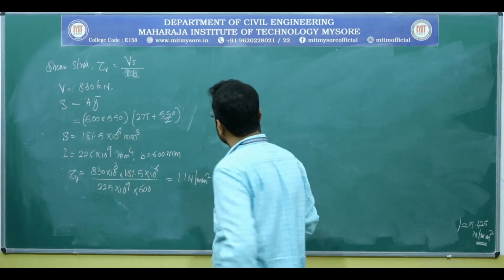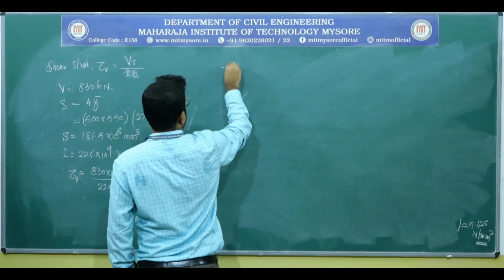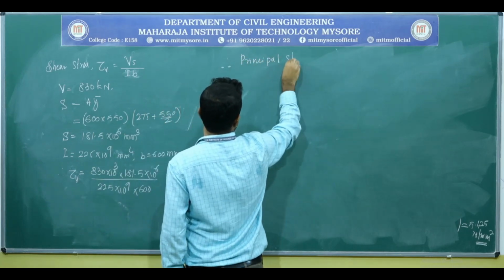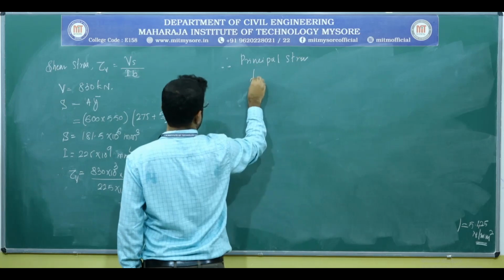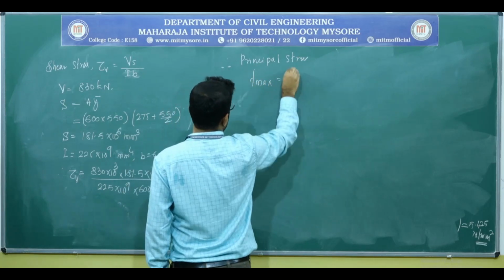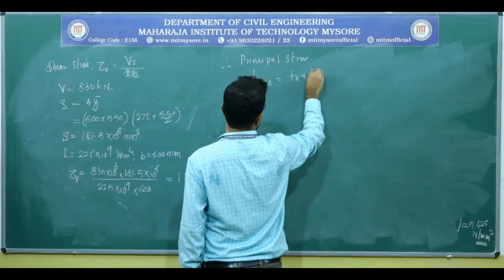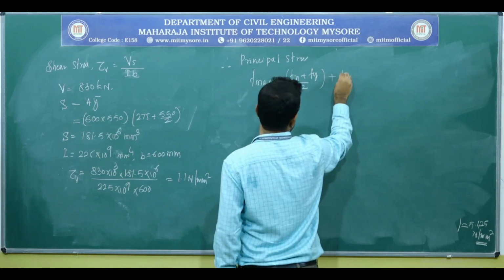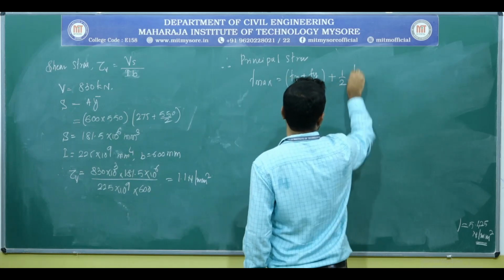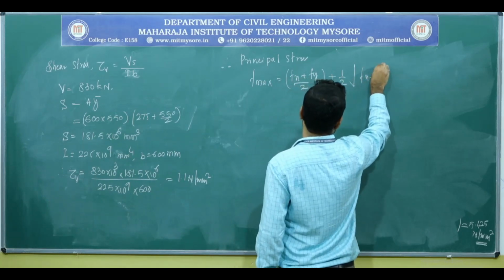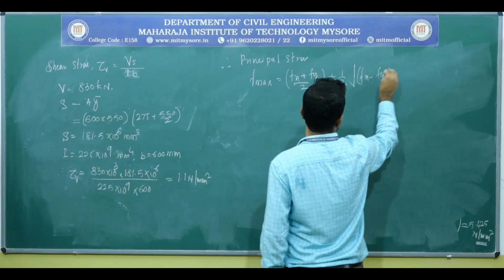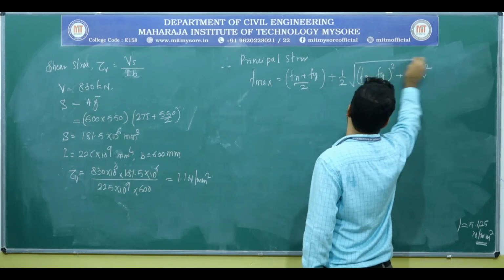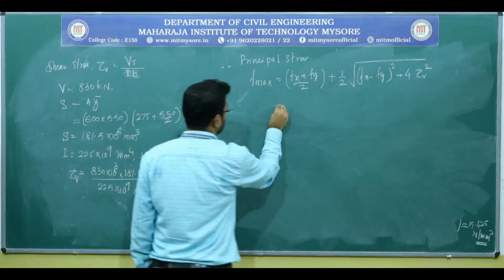Therefore, principal stress F max is equal to Fx plus Fy by 2, plus half into under root of Fx minus Fy whole square plus 4 times tau v square. This is the formula to calculate the